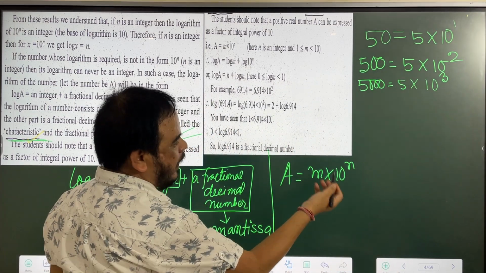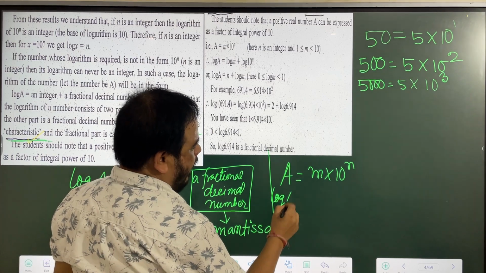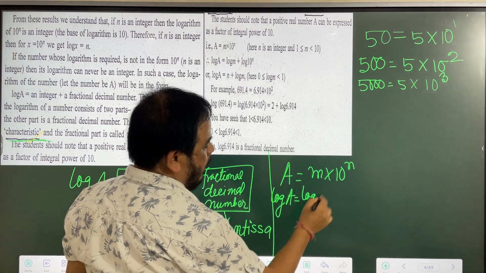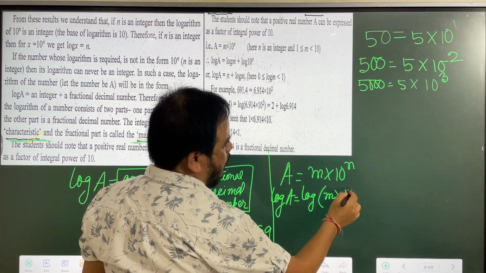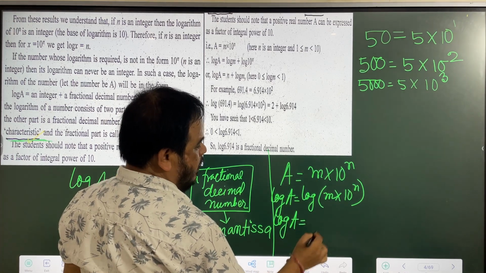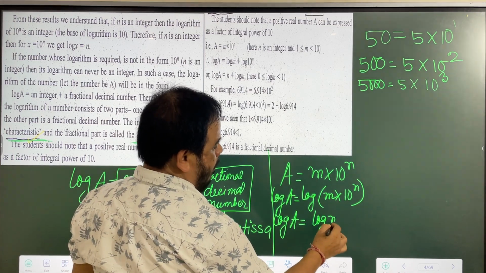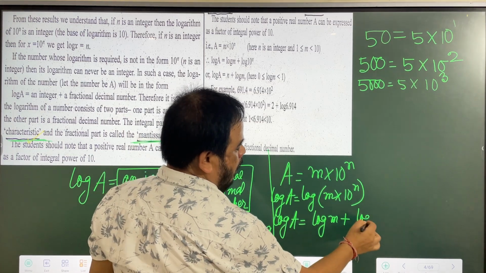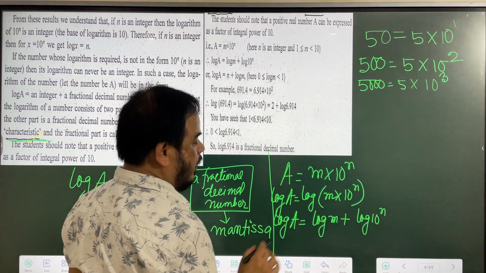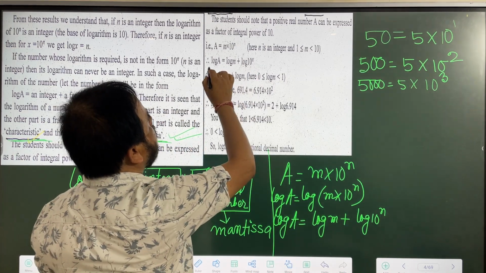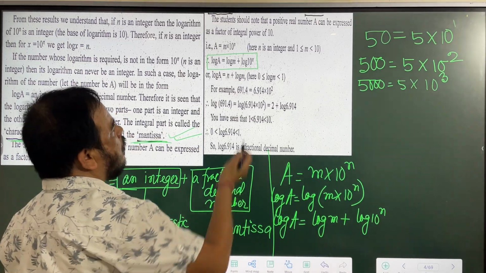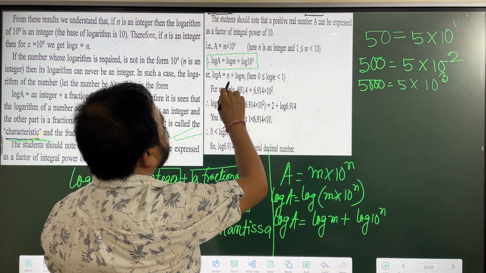So suppose taking log on both sides. Log a, log of m into 10 to the power n. Just taking log, nothing else is done. Log a is equal to log m plus log 10 to the power n, because multiplication we have to add in log. This is what is shown here. So log a equals n plus log